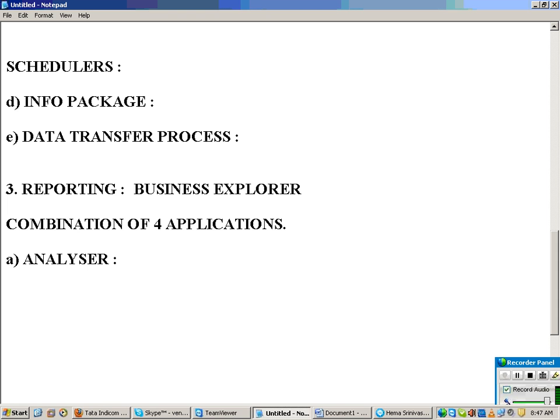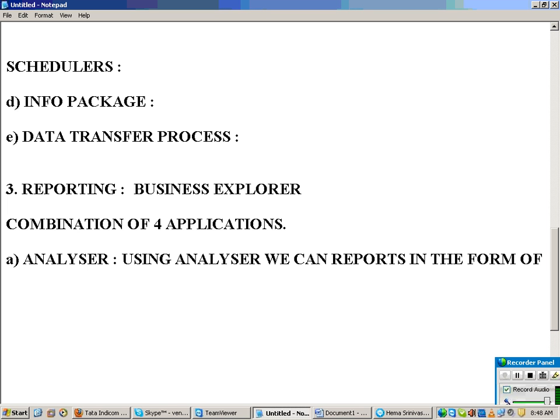Okay. So using Analyzer, what we can do, we can represent the reports in the form of an Excel sheet. So when you want to show your output in the form of Excel, then you can use Analyzer.